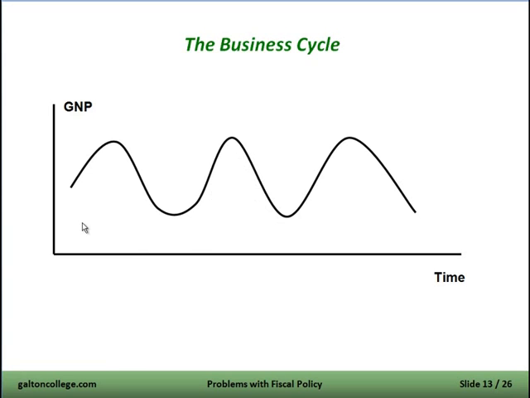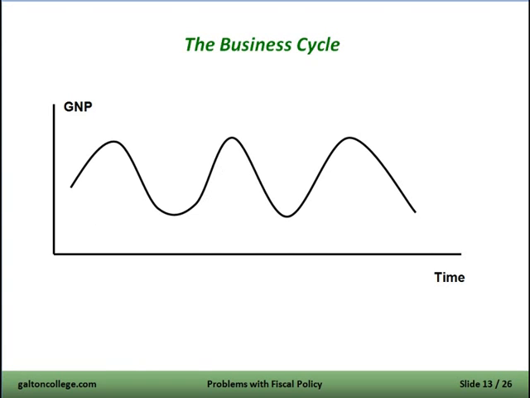But one thing for sure, if we look at the data, we do find ups and downs in the economy. Perhaps not as smooth or as pretty as I have drawn there, but there are ups and downs following a pattern, almost like a sine wave, but not necessarily as regular or as precise as the one I've drawn. You find a pattern like this if there's no government intervention. Nothing's happening, it's doing it on its own.